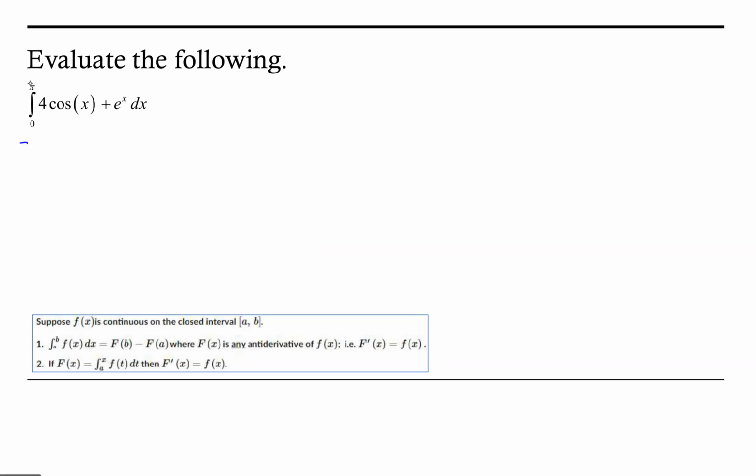So we start by asking ourselves, we'll have a constant multiple of 4, and then what is the function whose derivative is cosine of x? That is, the derivative of what equals cosine of x? Well, that function that we're looking for is the sine function. The derivative of the sine function is cosine of x. So we're going to have 4 times sine of x